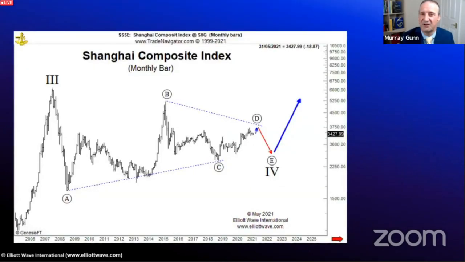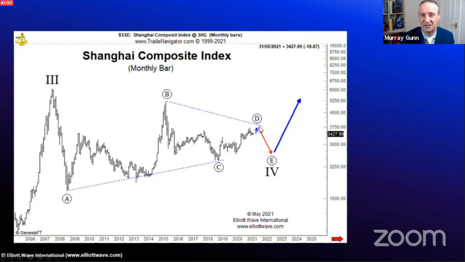Okay, what about flying over to China now? So we can see that China topped out in 2007 in what we think is a cycle degree wave 3, and since then we think it's been tracing a triangle. So if it's a triangle pattern, as we suspect it is, it means that we might have a little bit